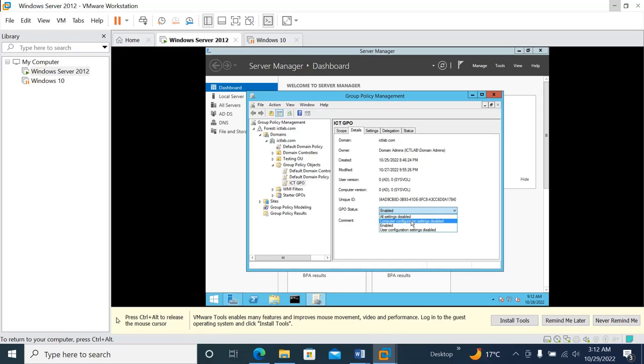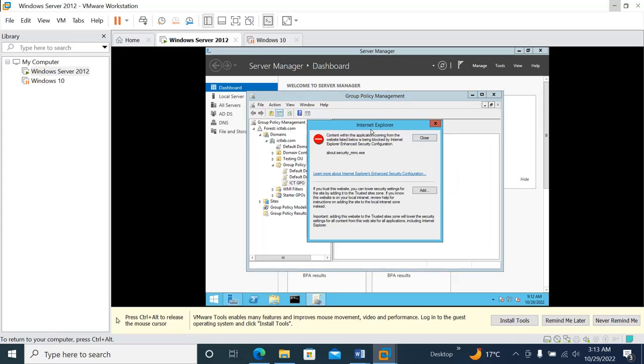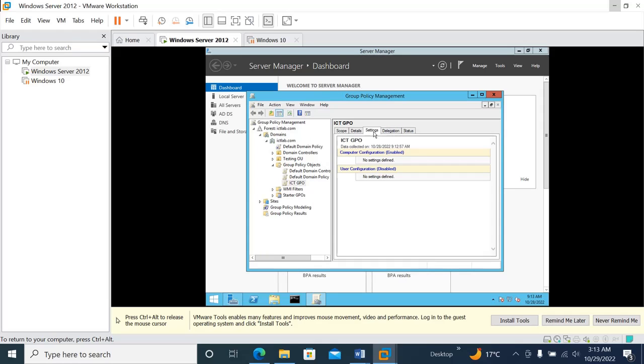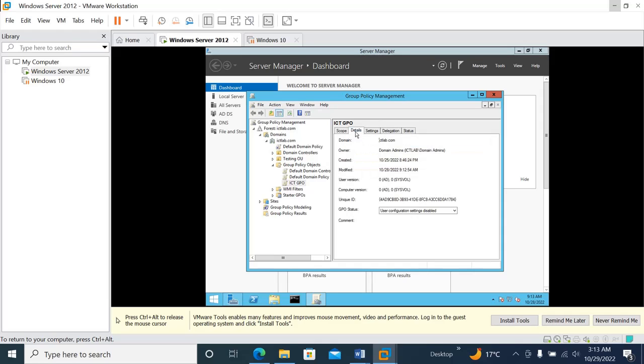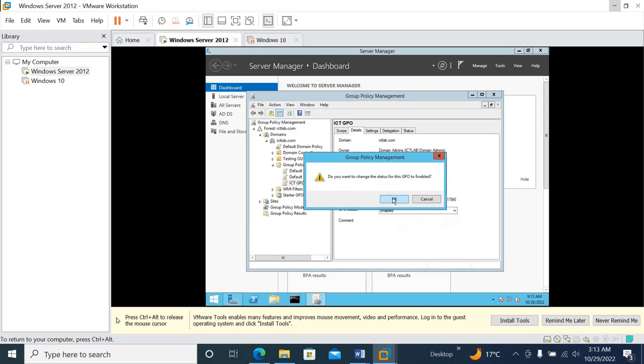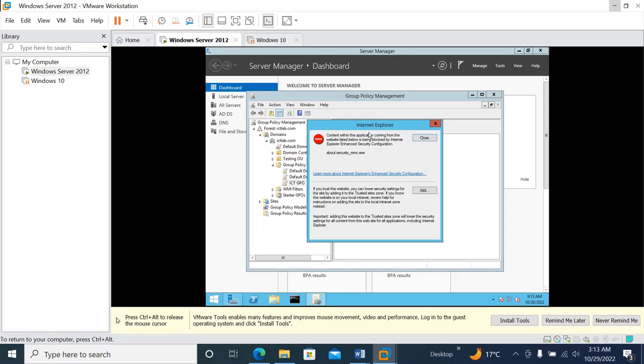Right now if I click on user configuration settings disabled, click OK, and if I go to Settings, you can see here our user configuration is disabled. So I go back to Details and then click enable. If I enable it and you go back to Settings,